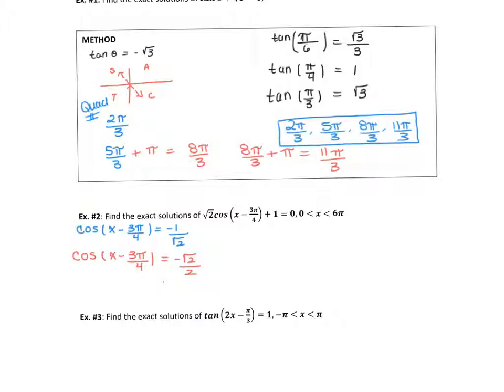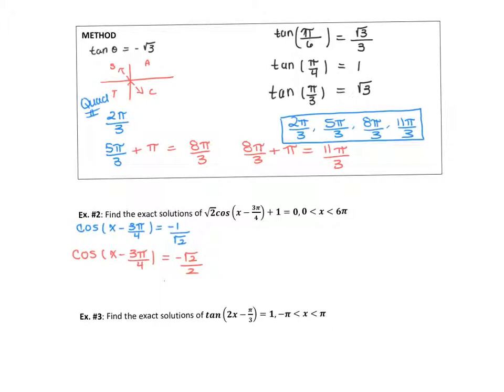Now, because we have a translation, we're going to have to change our domain to fit that translation, because we're not dealing with just x. As I said last class, now we're dealing with x minus 3 pi over 4. So you want to go ahead and change your domain. So instead of 0 less than x less than 6 pi,